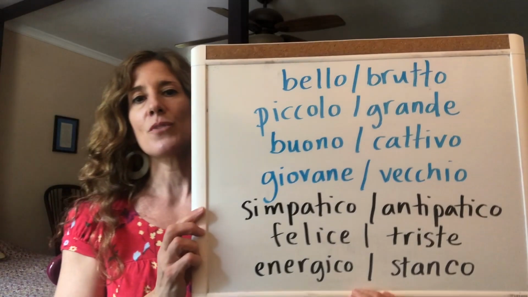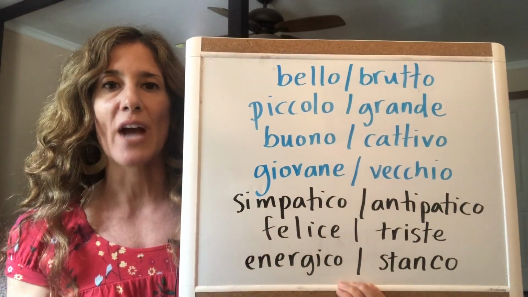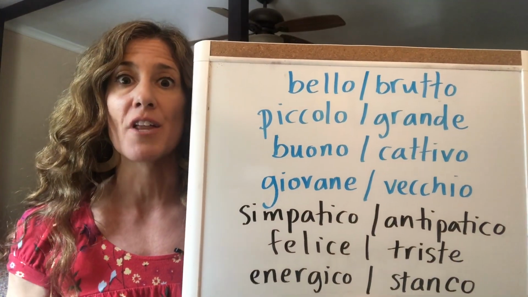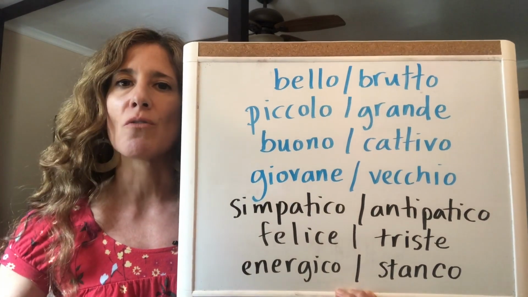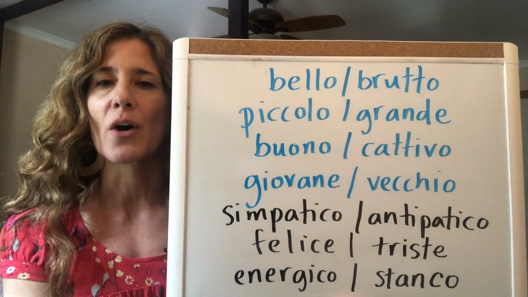But there is actually a group of adjectives in Italian that generally precede the noun. And so I'm going to show you those in just a minute. So with these adjectives now that I'm giving you, I'm showing you some of them that generally precede the noun, not all of them. I haven't included all of the adjectives that precede the noun, but these are probably some of the most often used. And then I'm also giving you some other adjectives that you're going to see commonly used, okay? So the first group in blue are the adjectives that generally are going to go in front of the noun, okay? So di nuovo, ripetete. So repeat after me, okay?